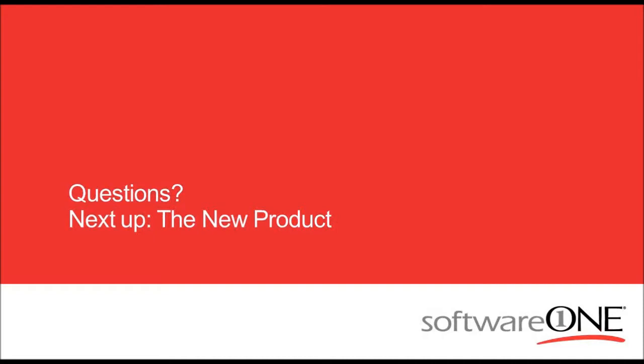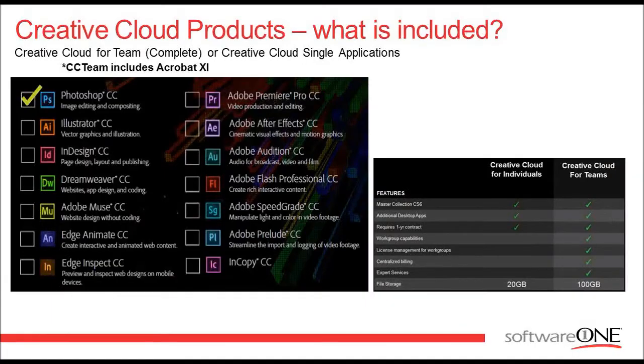Okay. We'll move on next to what are the products. I don't want to get very deep into what the actual products are and product functionality, but it's a very good practice to understand what is available. With the Creative Cloud products, there are 2 different families. There's the Creative Cloud Team, which is every single product in the desktop suite, including Acrobat, very similar to a master collection license. That's one possibility.